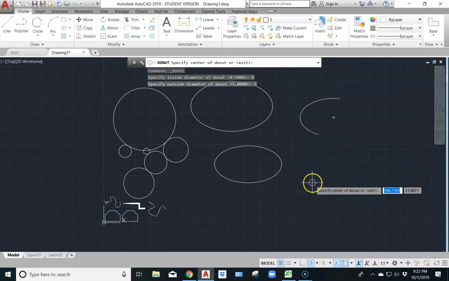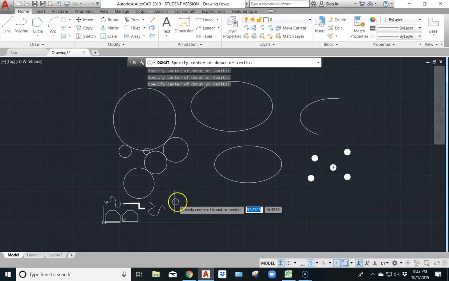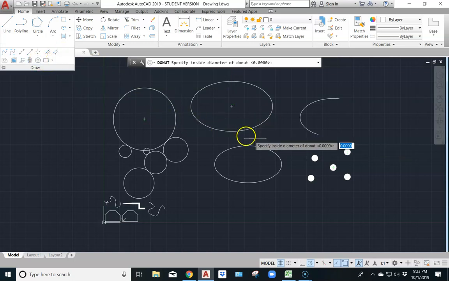And then it'll say, okay, where do you want the center of that donut to be? And I can place it wherever I want. Or I can go ahead and, while I haven't hit enter, I can still place as many of these on the screen as I would like to. And now I can go ahead and exit, hitting enter here, and then I can go back into the donut command and start it again,